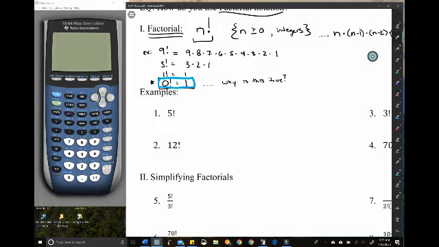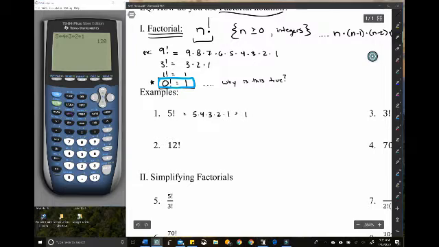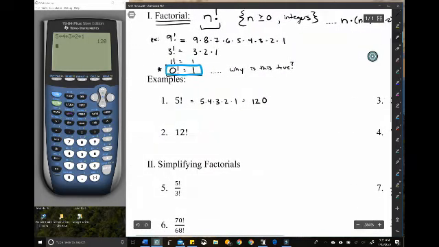So for example, to evaluate 5 factorial, that would be taking 5 times 4 times 3 times 2 times 1, which is 120. So 5 factorial is 120. Now 12 factorial. Here's a little shorthand on your calculator, so watch. If you don't want to type in 12 times 11 times 10 times 9, and so forth,